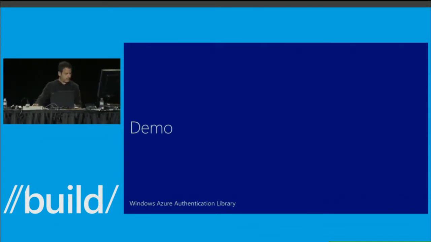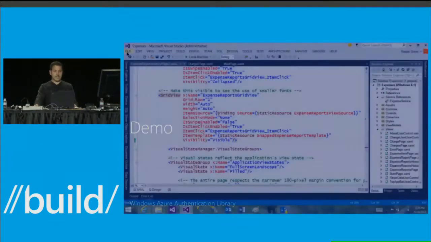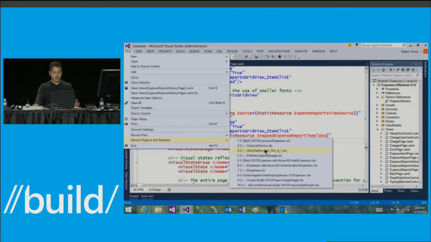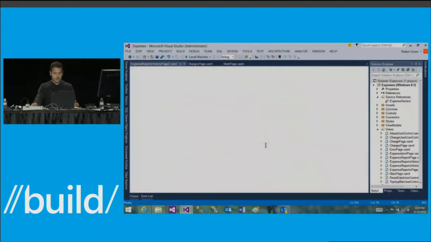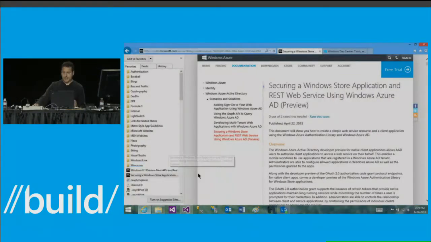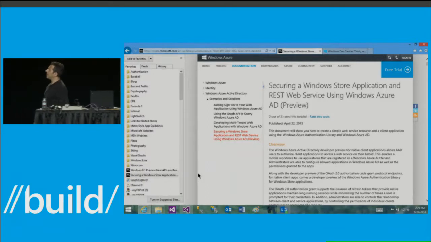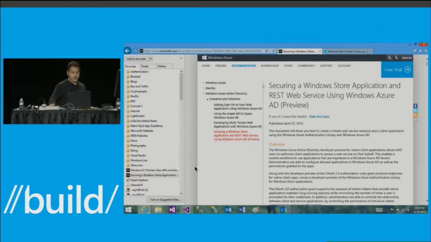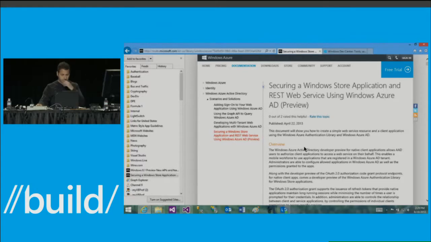And I had this last night. I had this working in this expense app, but then this morning it was completely broken. So what I'm going to do is show you a different example. There's an excellent walkthrough that talks about this and shows you how to do it on the Azure site. And I'll post a link to this when this talk goes up on Channel 9. So what I did was I built this,